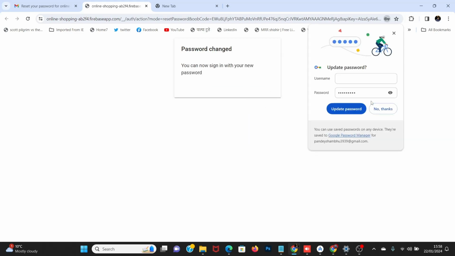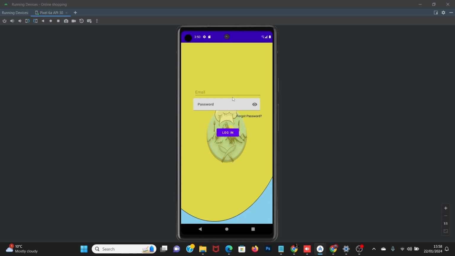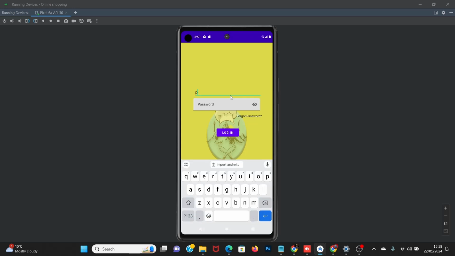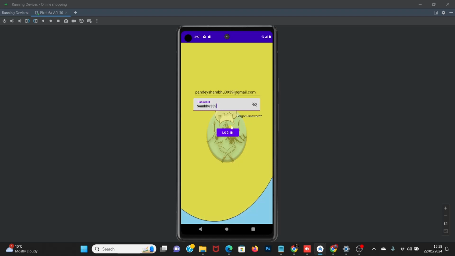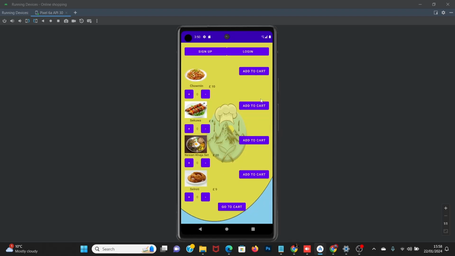Over here, you just type in your email and your password. This is the new password that I updated after doing the OTP reset password, and then it will allow you to